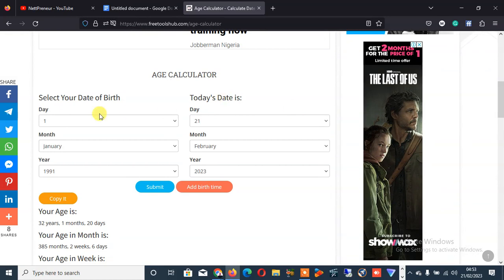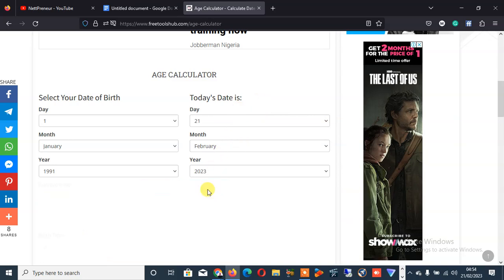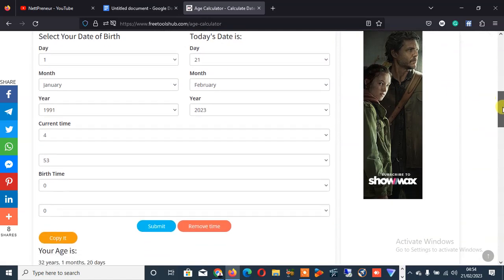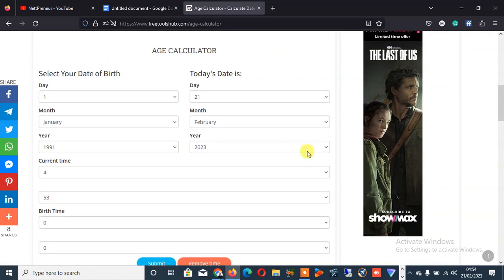With this age calculator, you can calculate your age. The left hand side is where you select your date of birth, and it's going to show you how old you are. The right panel is going to show you the day, the month, and the year, like today's date. You can also add birth time, the time that you were born, and it's going to calculate everything for you. So let's say your date of birth,